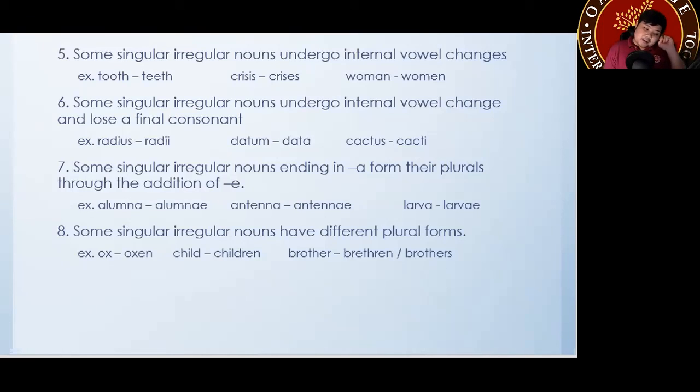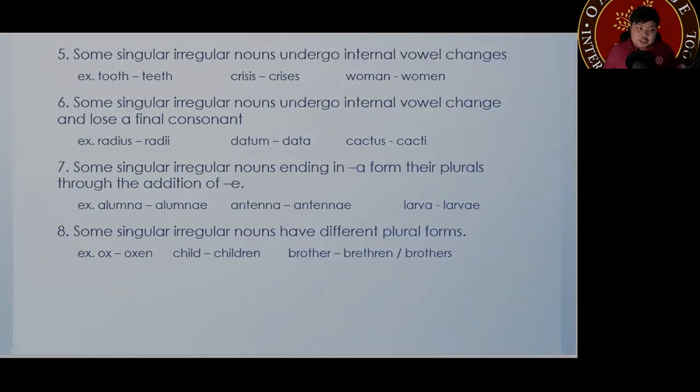Now again, same thing that I've said for nouns ending in O. How will you know the plural of certain nouns? And how would you know if they're irregular or regular? Again, the simplest answer there would be to immerse yourself in the English language. When you're learning the English language, there are so many rules, and some rules are not even applicable to one another. So one way for you to find out all of them is to immerse yourself. Watch movies, read books. Very important. Read books. These things would help you out in learning which nouns